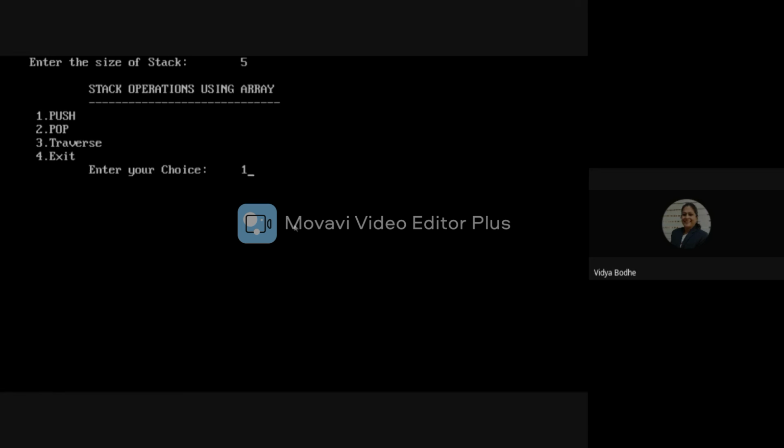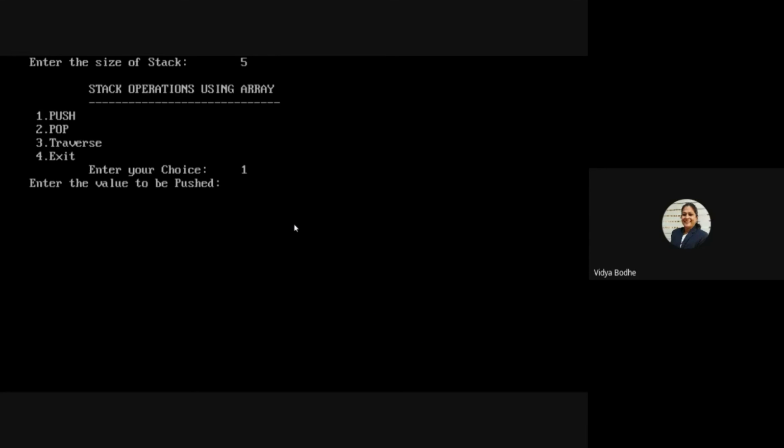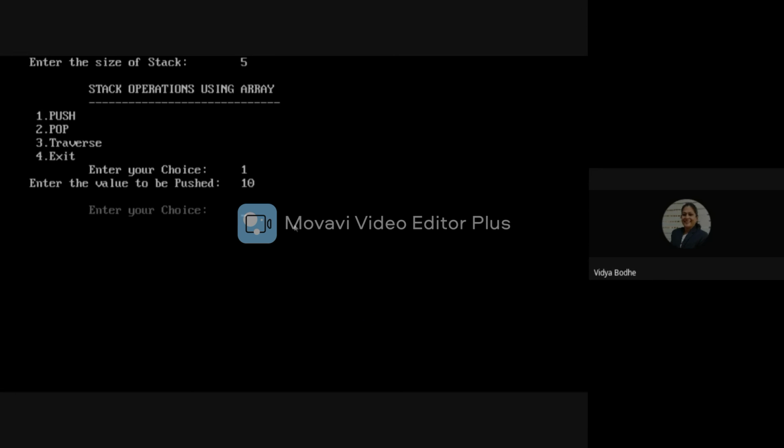First we have to insert the value in the stack. So I enter 1 in choice. Then the value to be inserted is entered, that is 10. Then next enter your choice again 1. Enter the value to be pushed, which will be 20.